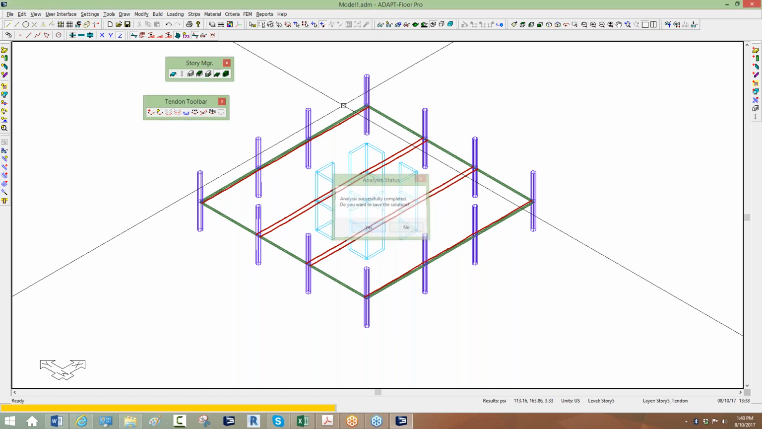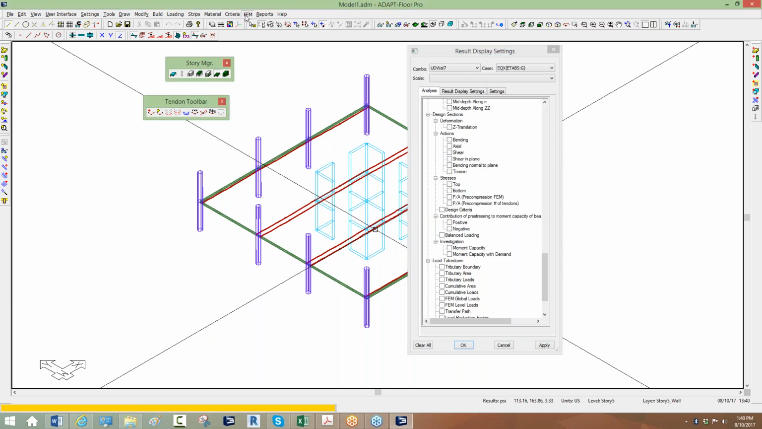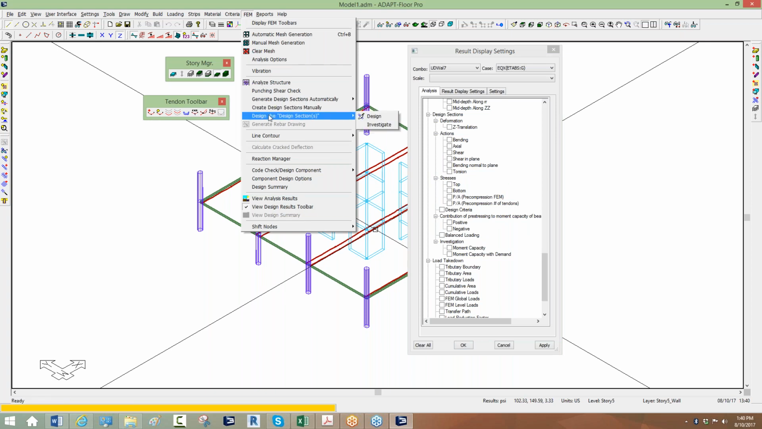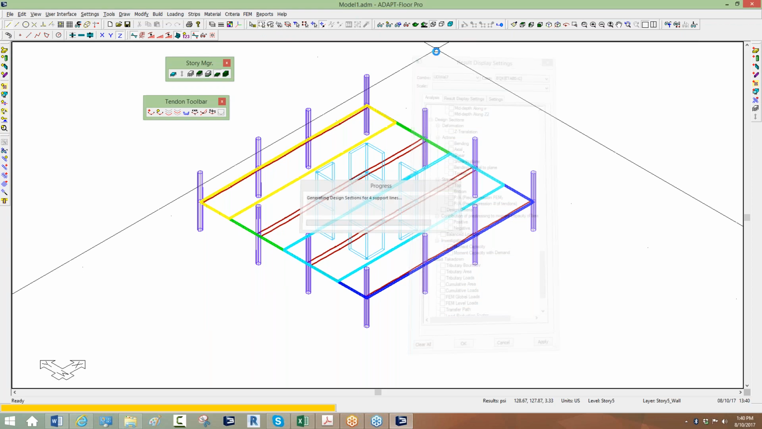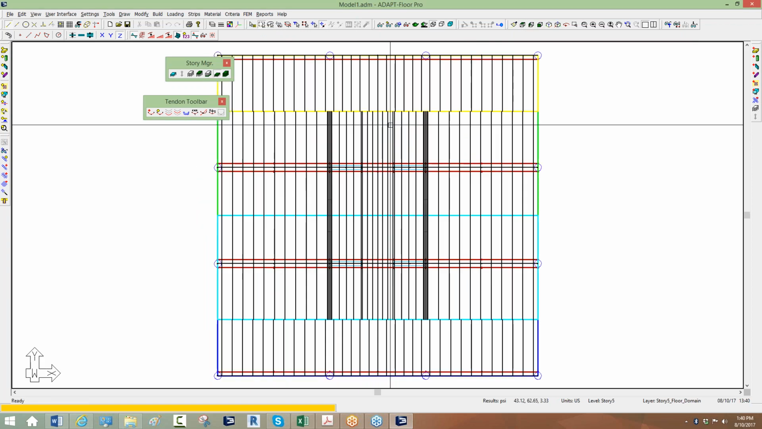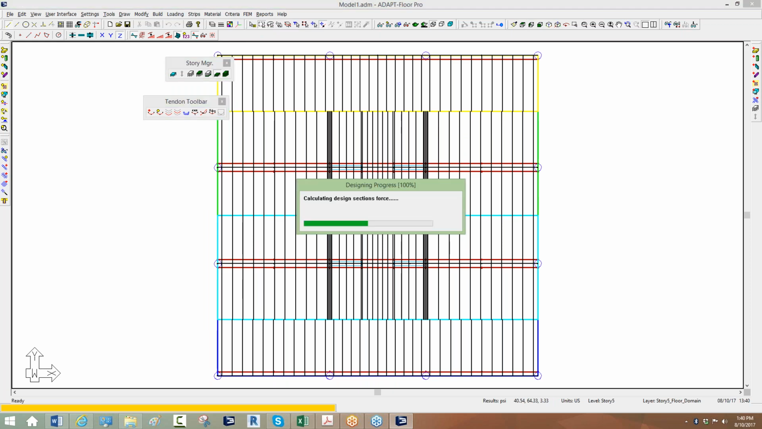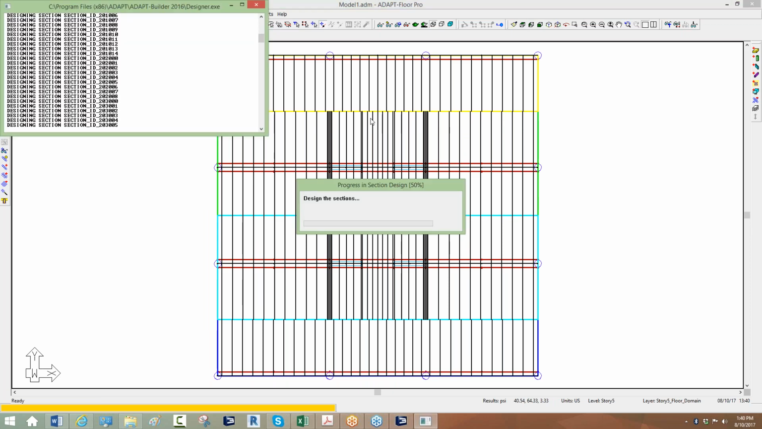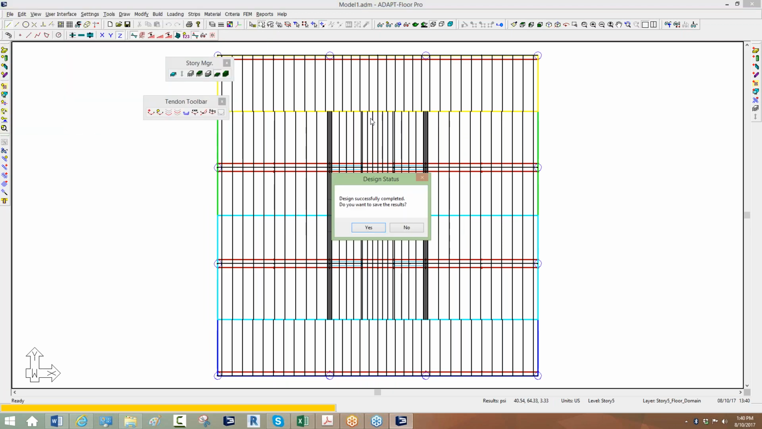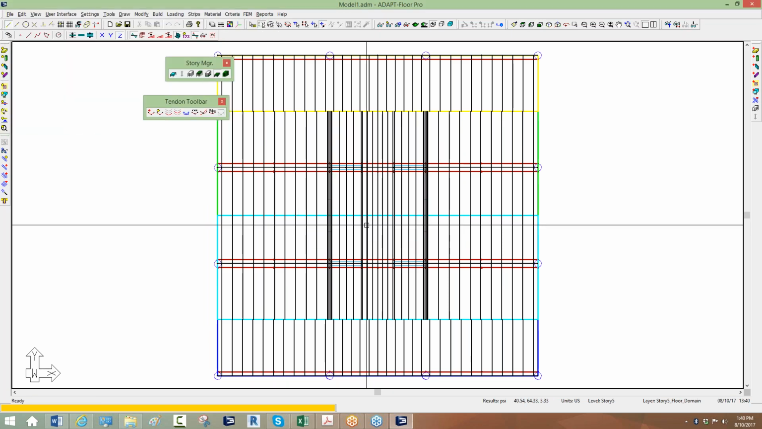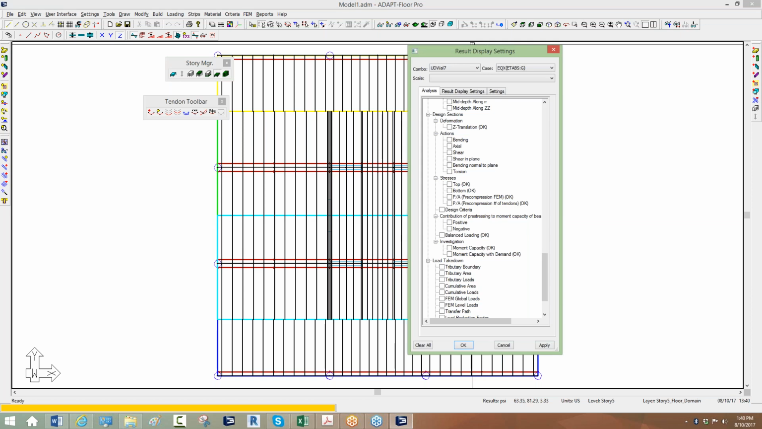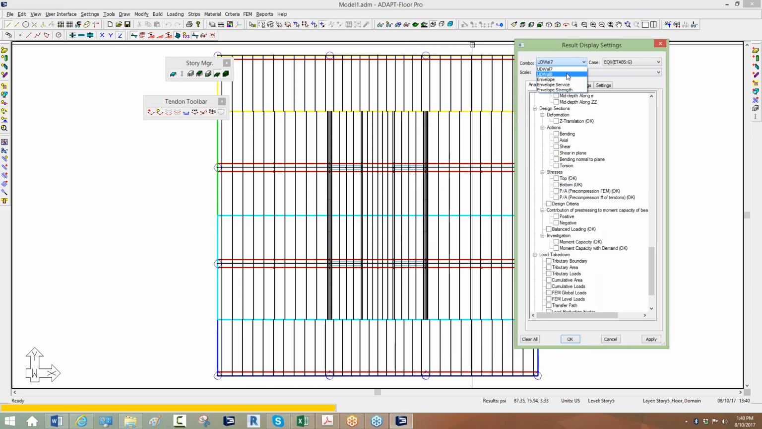And that analysis is done. The next step in this particular process would be to generate the design cuts. I think we've already done that. I'll just do it again. And then we're going to design the design cuts. Okay. And for those two combinations that I processed, 7 and 8,